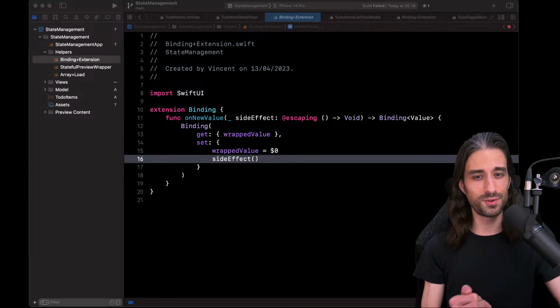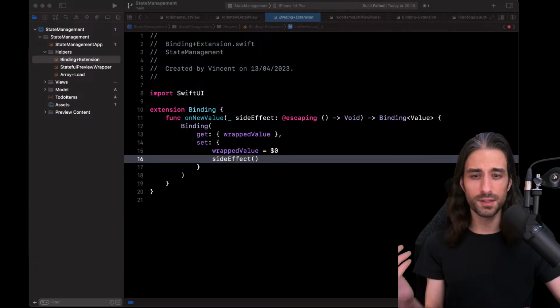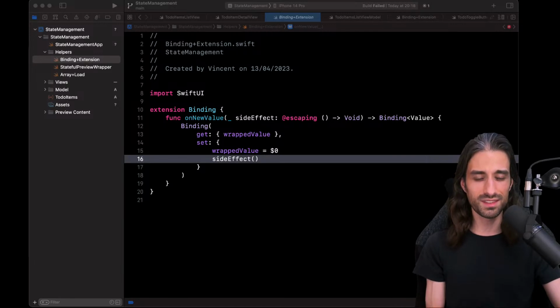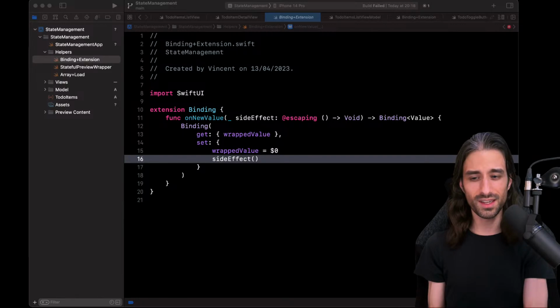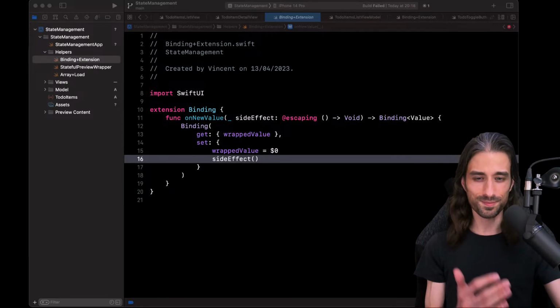So I'm sorry if it's a little bit hard to follow during this live, but you can definitely check out chapter 3 of the course, which is about state management and which goes into detail on how to use a view model, when to use @State to store data inside a view, and when you should go to a view model to store data inside a dedicated object that is separate from the view.